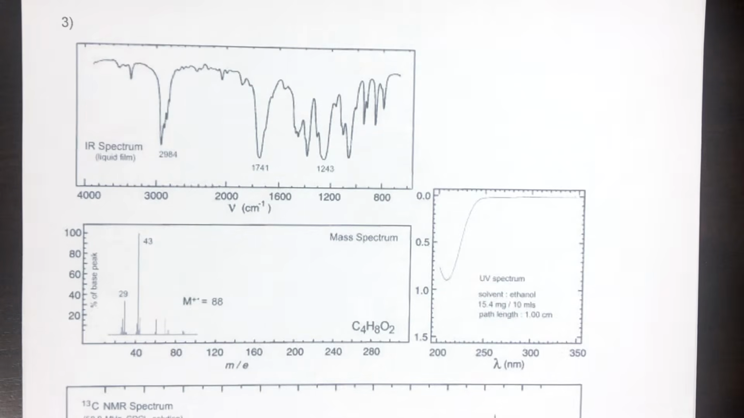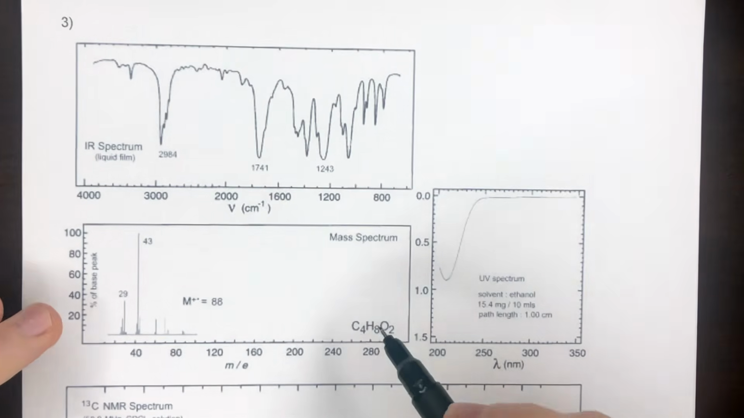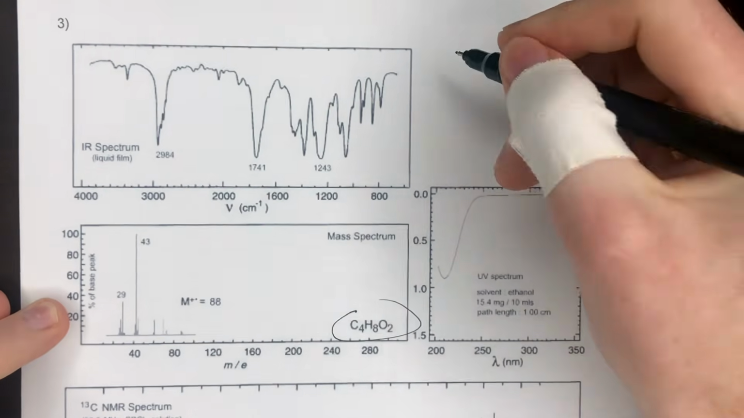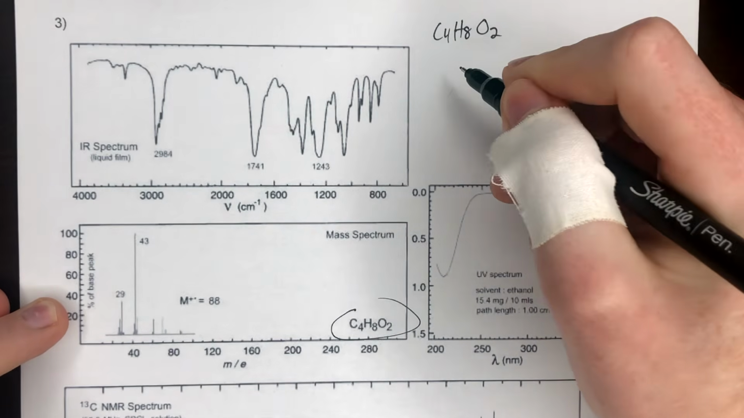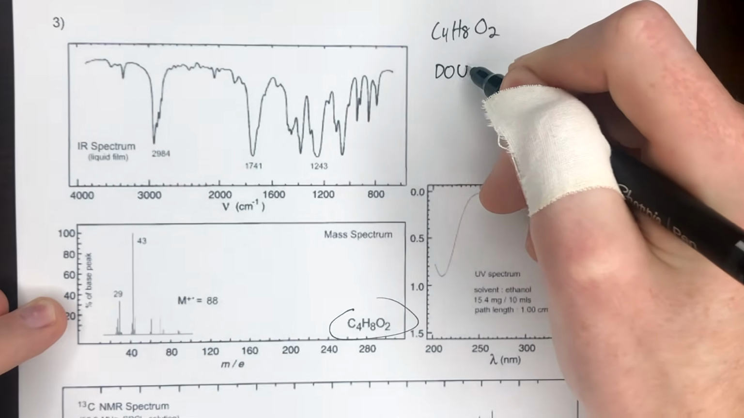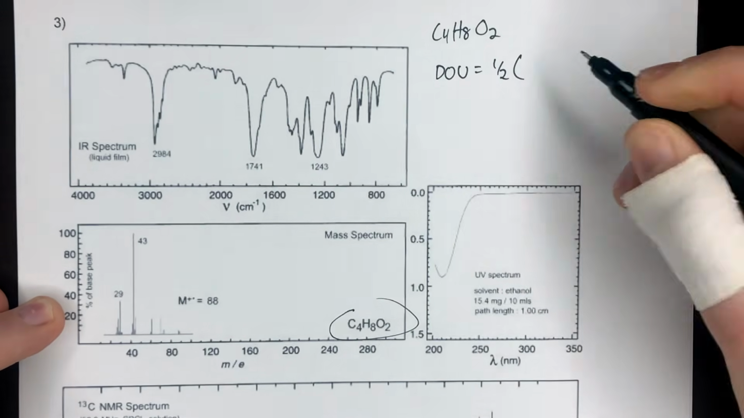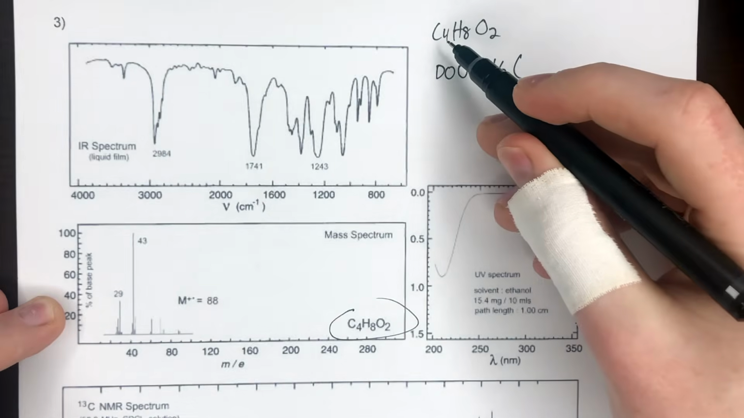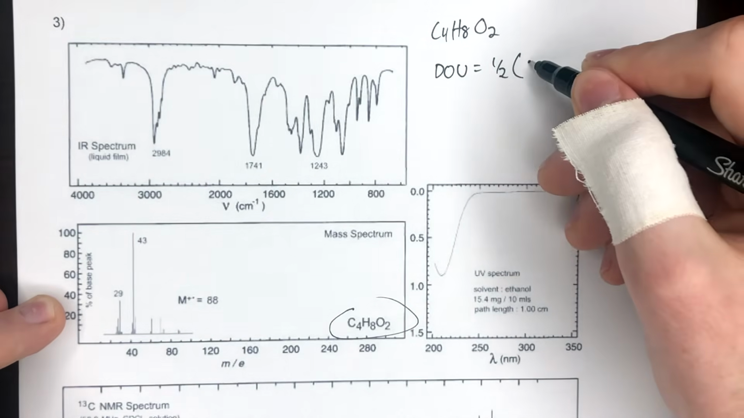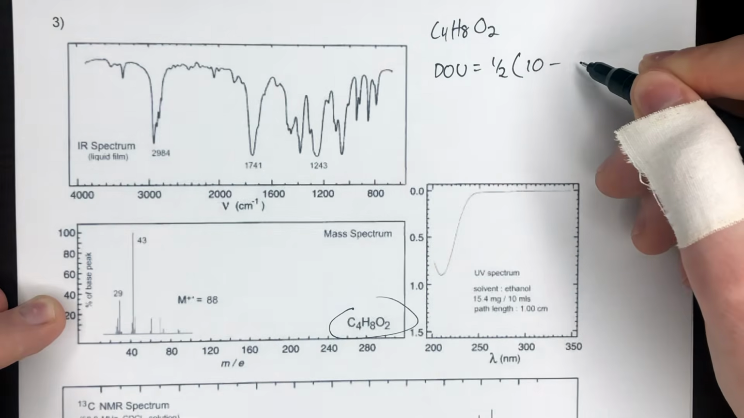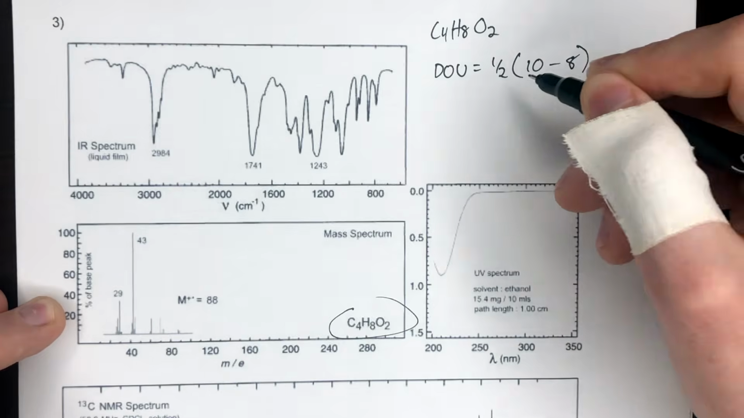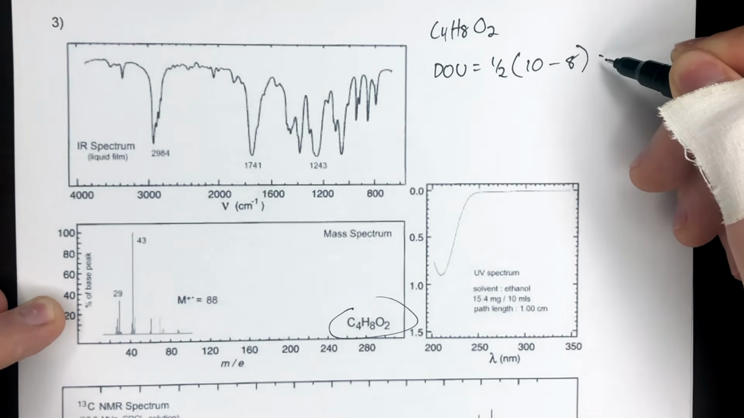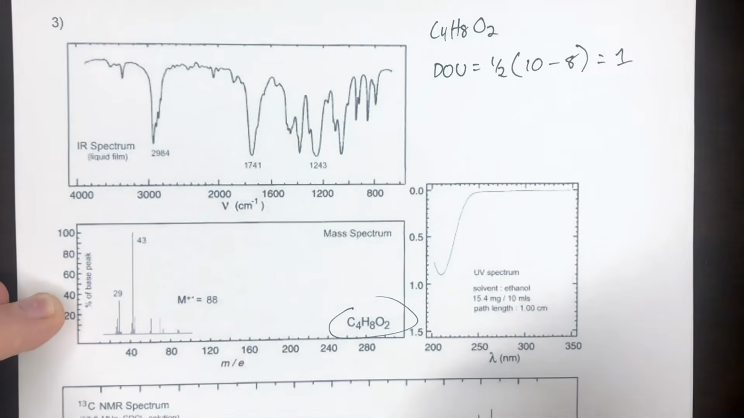All right, here we have another question. So again, you should always start with the degree of unsaturation, in my opinion. So the molecular formula is C4H8O2. So our degree of unsaturation is one half the number of hydrogens that are saturated. So that would be 2 times 4 is 8, plus 2 is 10, minus how many protons there actually are, which is 8. And then again, there are no halogens or nitrogens, so that's it. So 10 minus 8 is 2, divided by 2 is 1. So there's one ring or one